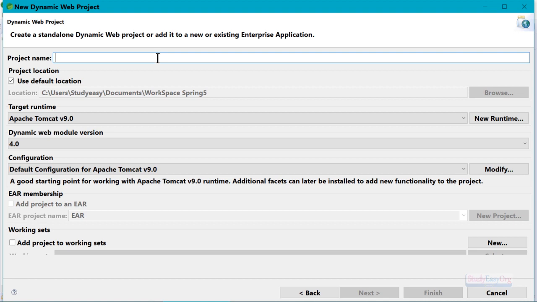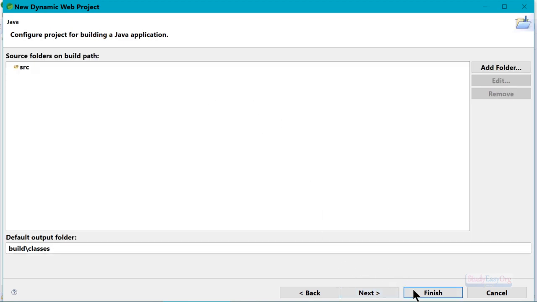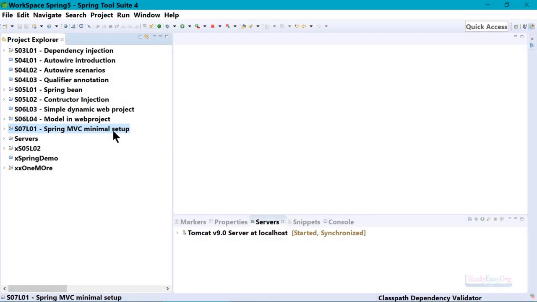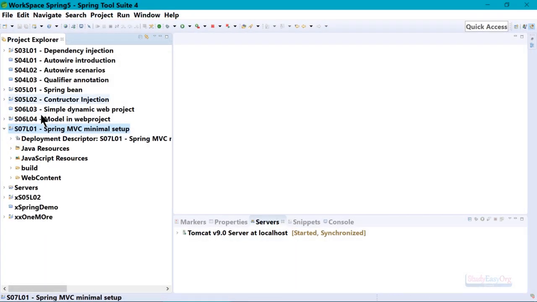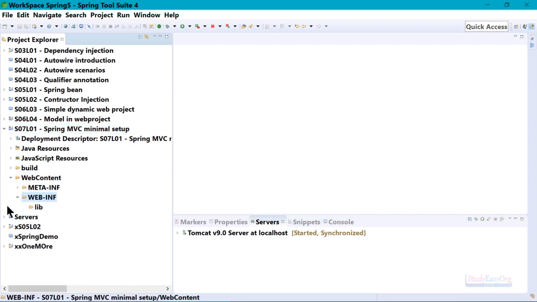So in here, we will give the name as Spring MVC minimal setup. Alright, everything else is good enough. Let me click on finish. Alright, so now we have this project where we have the minimal setup. This looks good. If I show you, there are a couple of folders including WEB-INF and there is no